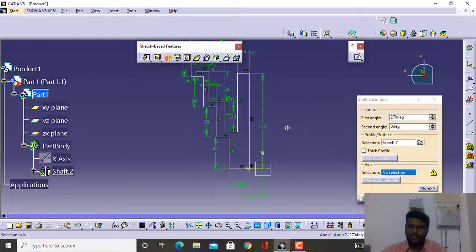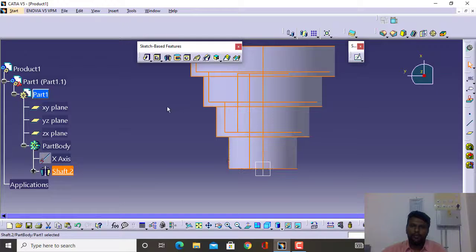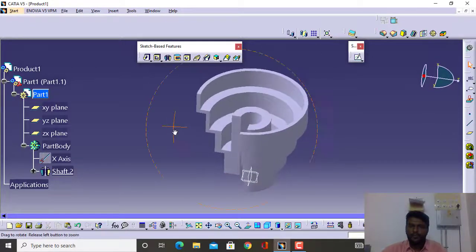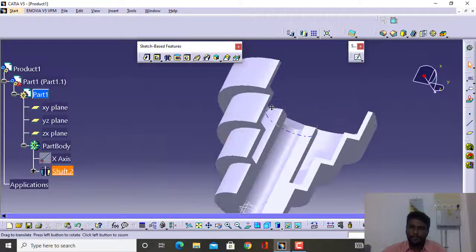See, when I'm selecting the z axis, x is coming in this direction, vertical direction. Here also you can see, this x is in this direction. So we right click here and select the x axis. Once you select x axis, then click on the OK, and you will get your feature in the 3D. Right? Next thing is we need to create one more thing here, that is called the hole.